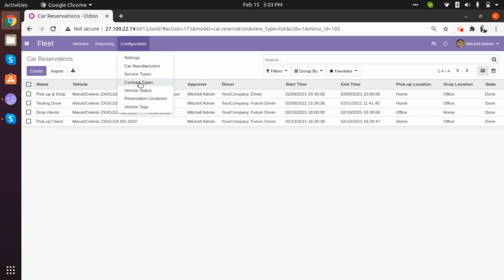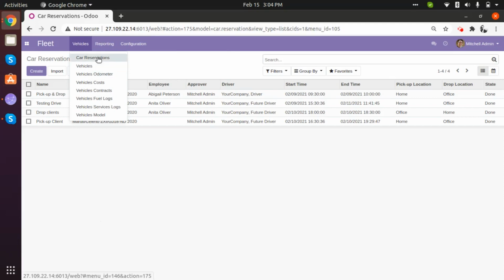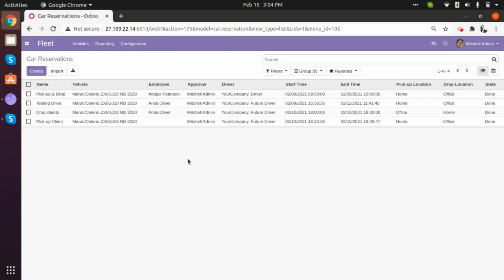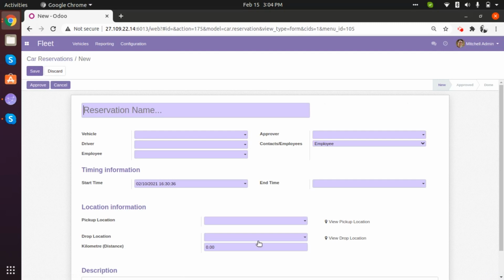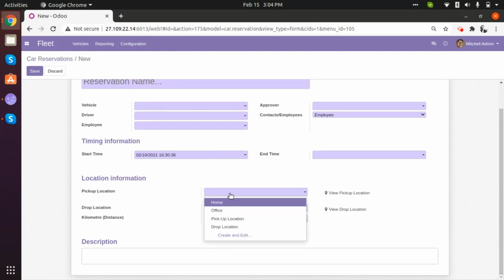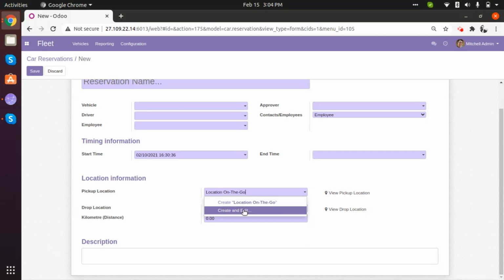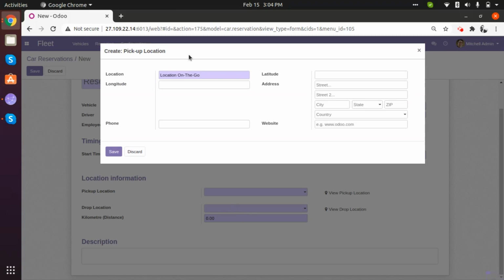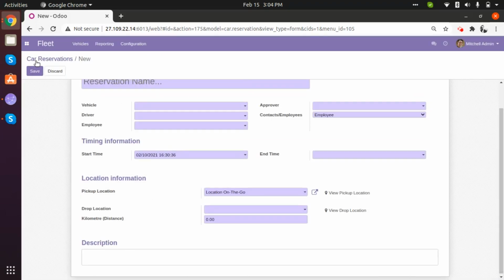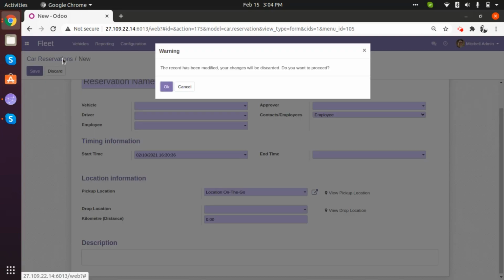All right. So that's how the reservation locations are being pre-configured. Also, if you want to create it on the go, we have an option to create the new location on the go. I will simply click on create and edit. I'll save it,